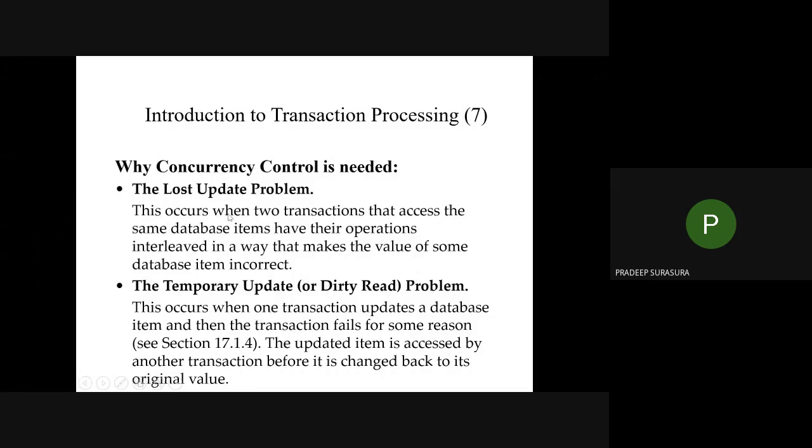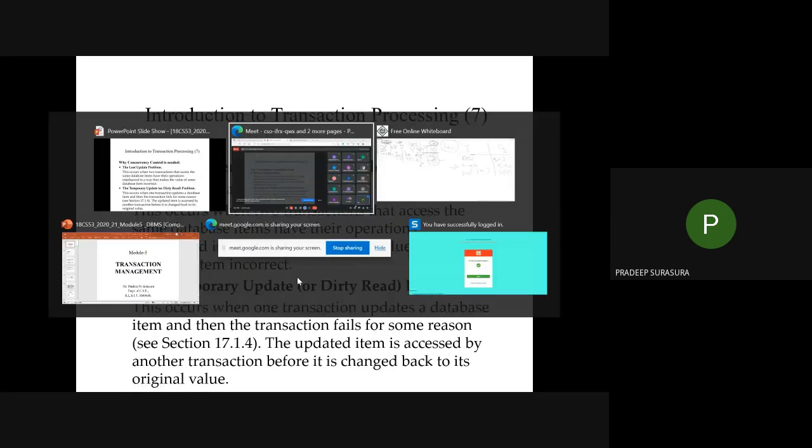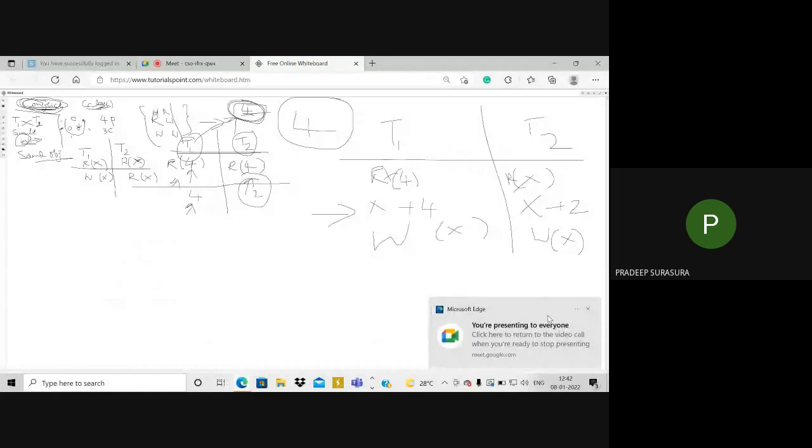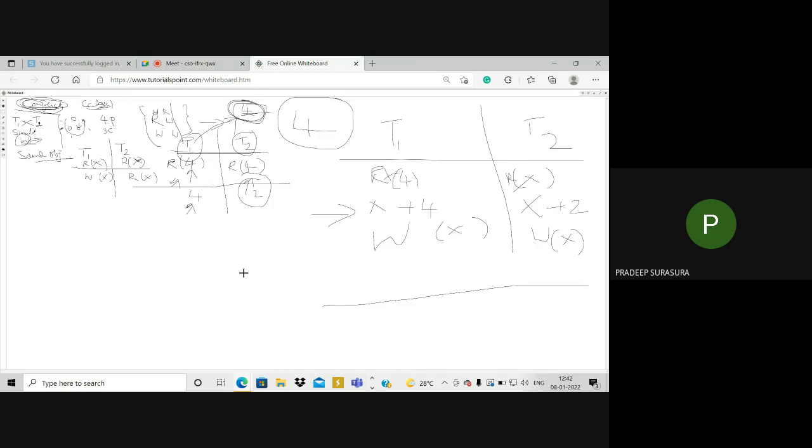Lost update means whatever update was done earlier will vanish, and what you did first was only temporarily updated for the next one, or the earlier update you did will vanish. When you observe any transaction, it must have either a commit or an abort. Please remember, the transaction must come with either a commit command or an abort command.